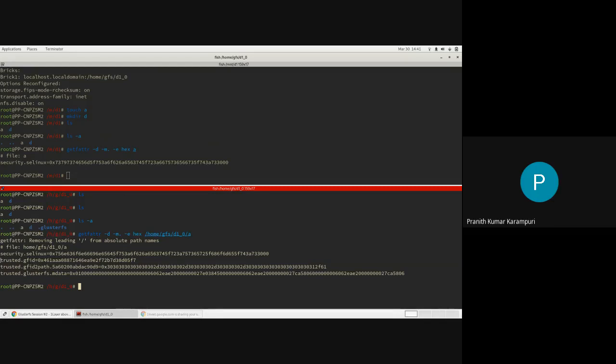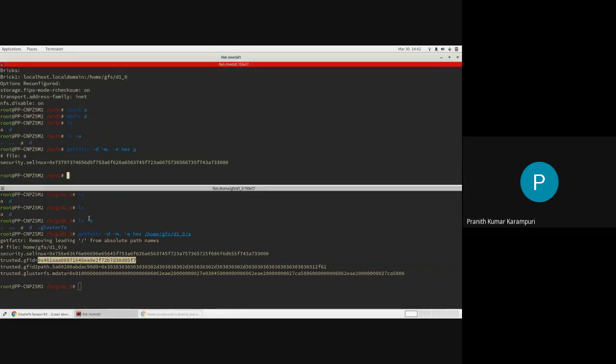So this trusted.gfid is the one that we are interested in today. These other things maybe we can cover in subsequent sessions. This is something called a GlusterFS ID, or GFID.